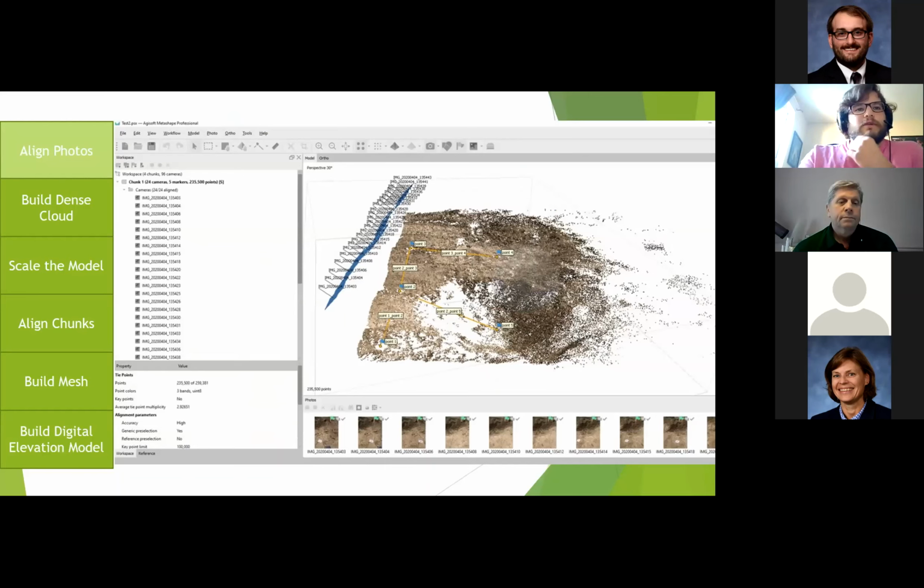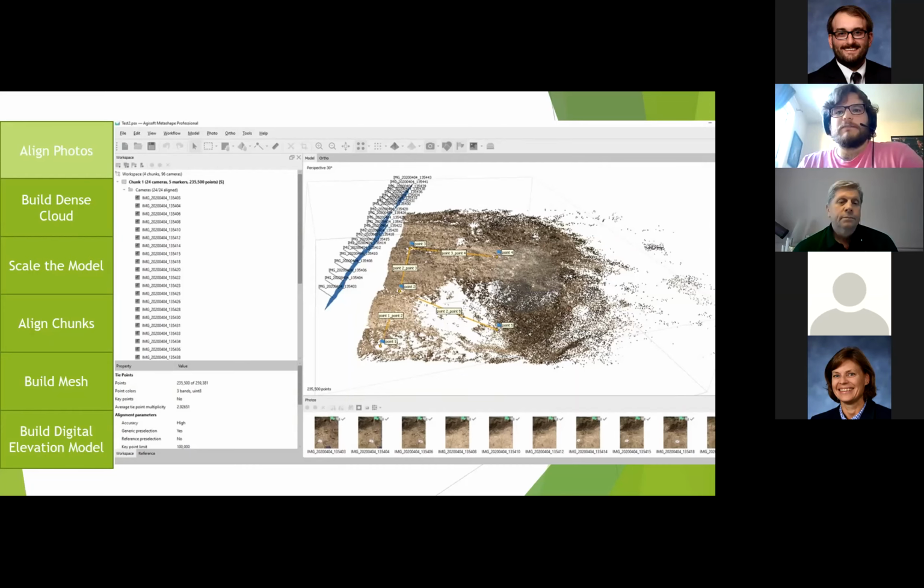You import all of your images into the software, and it puts them into that workspace pane. And then you align your photos, which is actually just a simple geoprocessing step where you import all the images in, then you align them. And then it takes all the targets and areas in the photos, and it computes them and ties them together. It gives you this first output of what the software calls a sparse cloud.